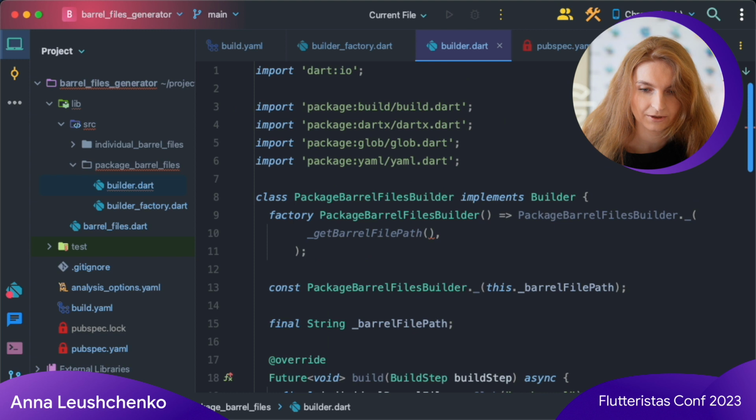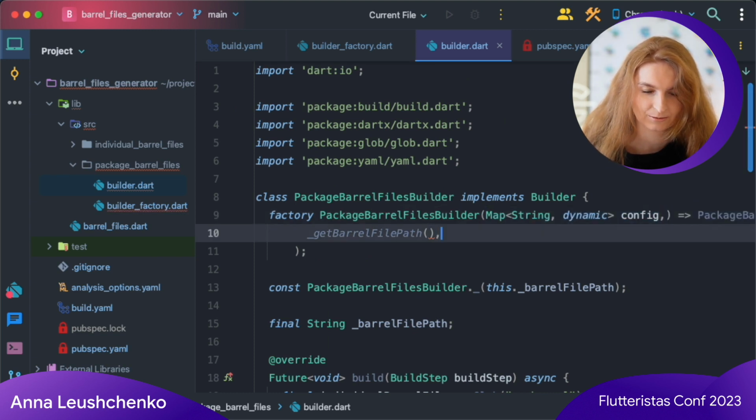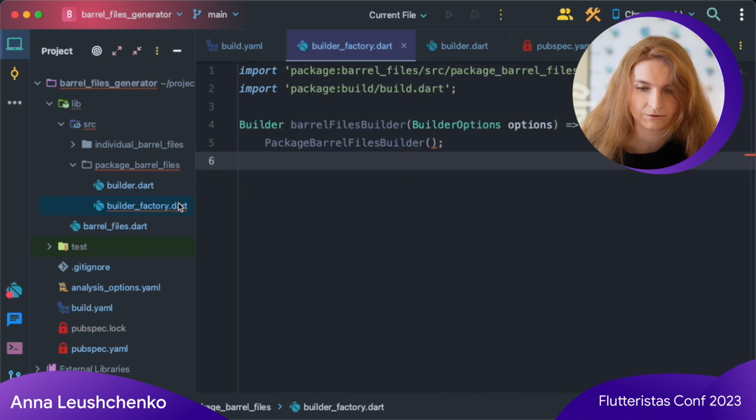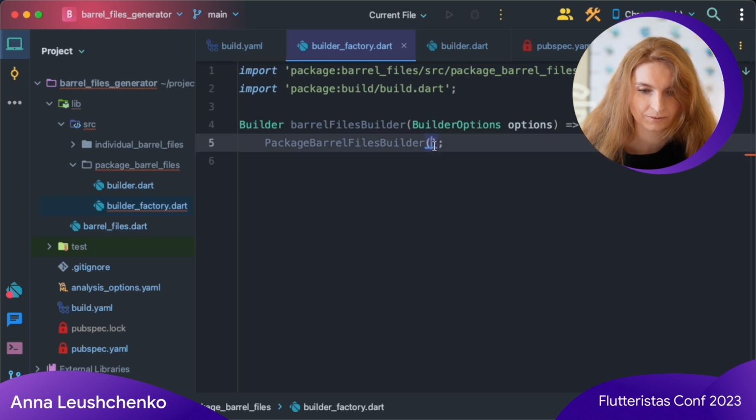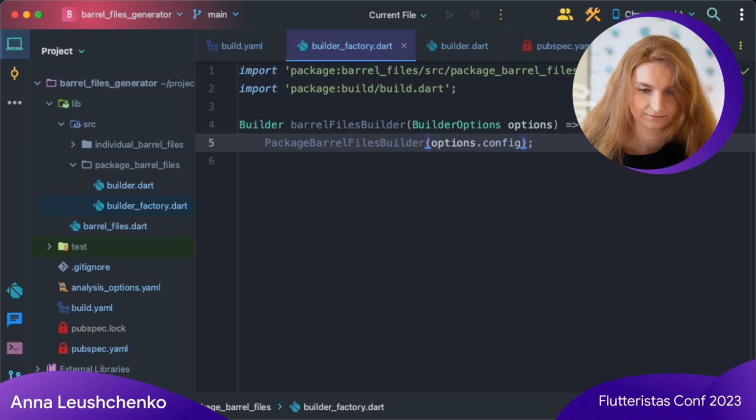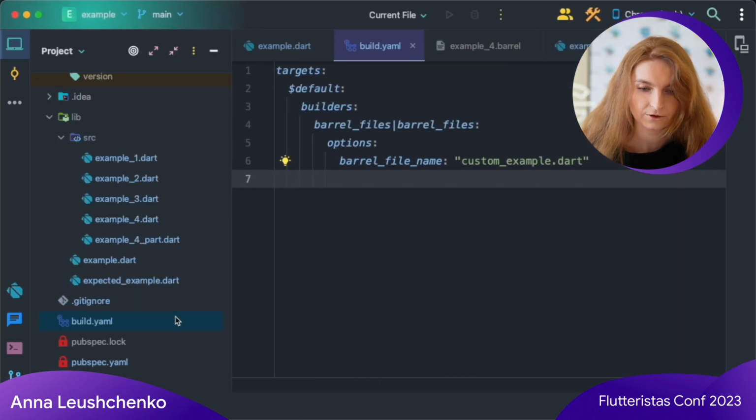I also update the builder constructor to accept such a map and pass it to this method. And finally, I get this map from the options config parameter of the builder factory. Those options correspond to this options item in this build YAML file of the user package.